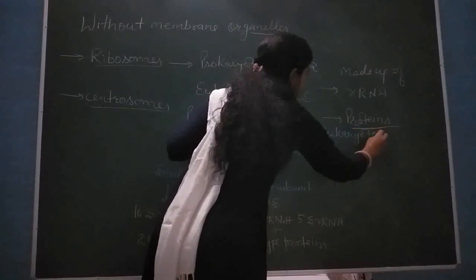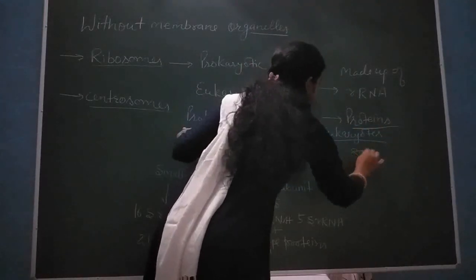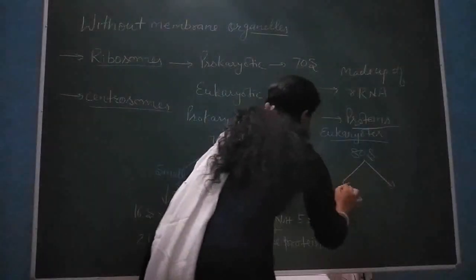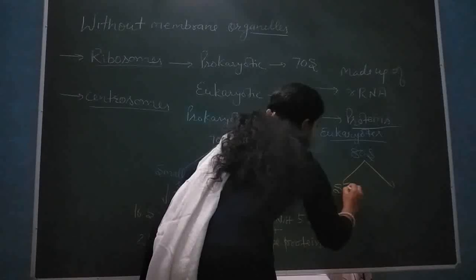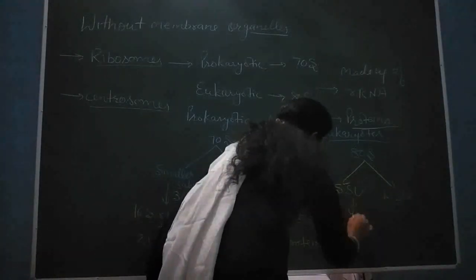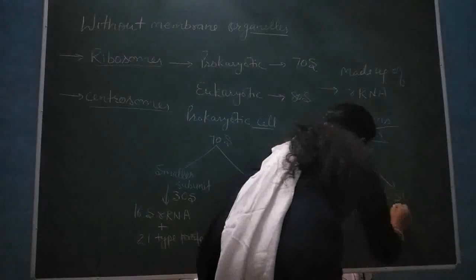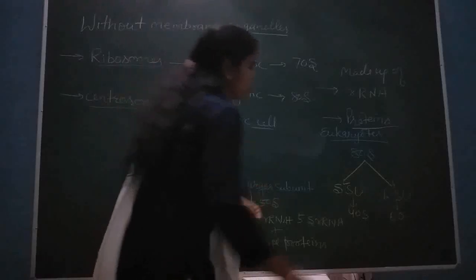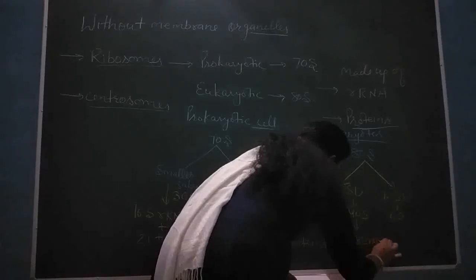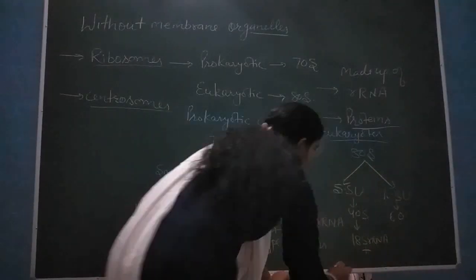In case of eukaryotes, there is 80S type of ribosome, and this 80S ribosome is again made up of two subunits, a smaller subunit and a larger subunit. The smaller subunit here is 40S and the larger subunit is 60S. The smaller subunit in the 80S ribosome is made up of 18S rRNA plus 30